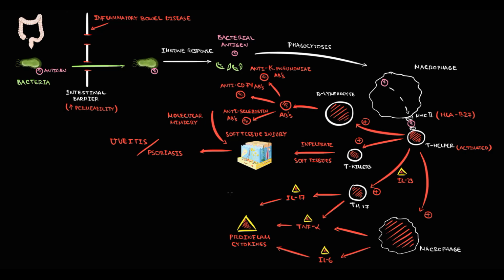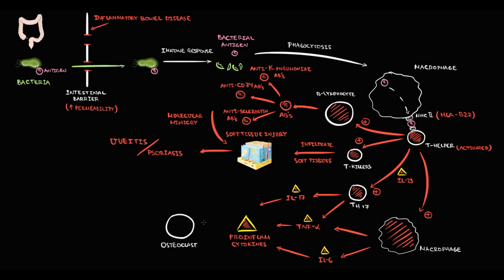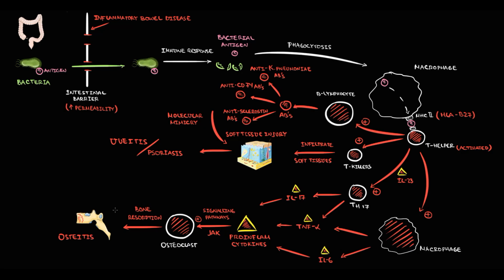So let's depict on this image the most important steps from what we have discussed. So all these proinflammatory cytokines through signaling pathways induce activation of osteoclast. And we have to know that one of the crucial signaling pathways involved in activation of osteoclast is Janus-Kinase pathway, also called JAK pathway. With activation, osteoclasts begin to produce proteolytic enzymes, which begin to progressively destroy bone tissue. This process we call bone resorption, and in ankylosing spondylitis, bone resorption primarily affects vertebra or sacroiliac joints, which results